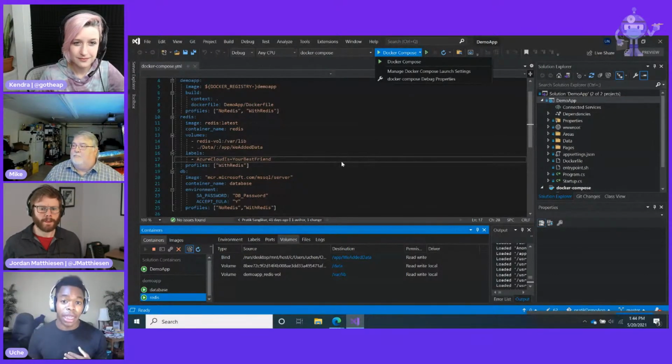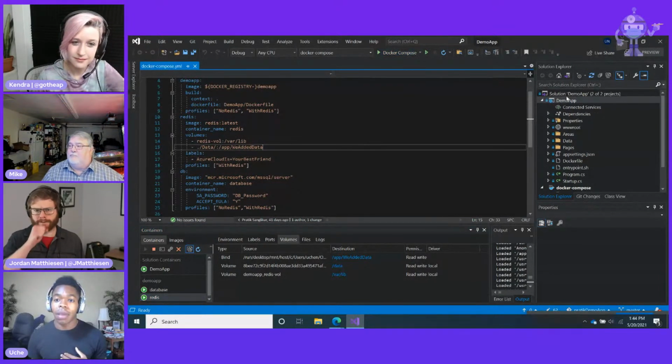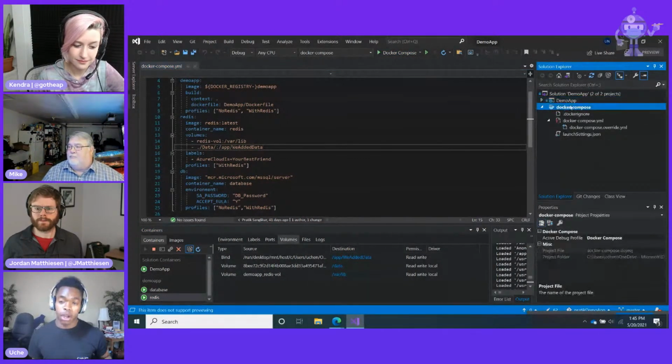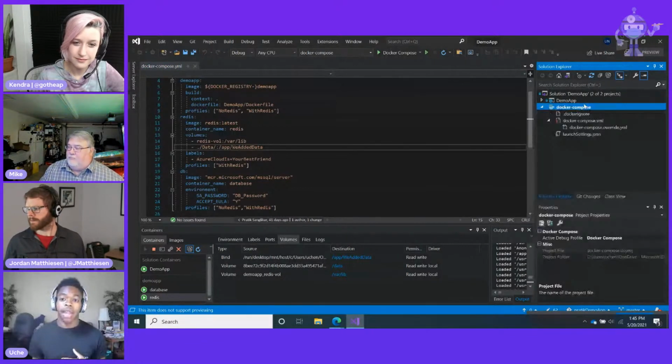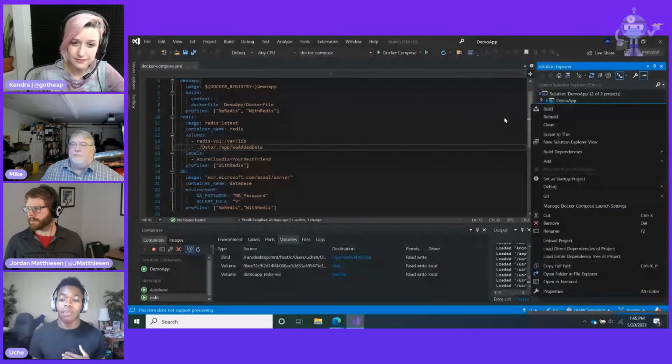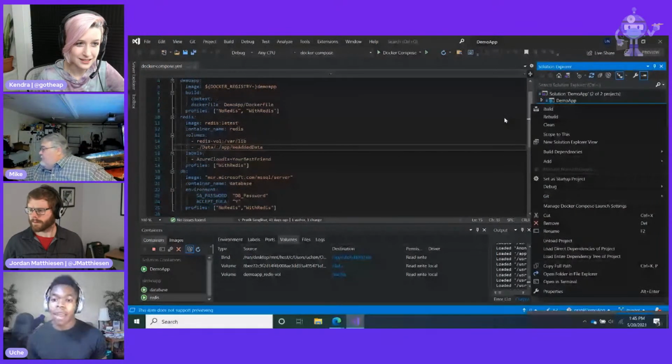There are two ways you can get to it. Once you have already added Docker orchestration support, by getting your compose project, you can right-click. This is going to be available in our next GA. It's already available in preview 2, and it will be available in preview 3 and 4 as well. I right-click on the compose project, and I can actually